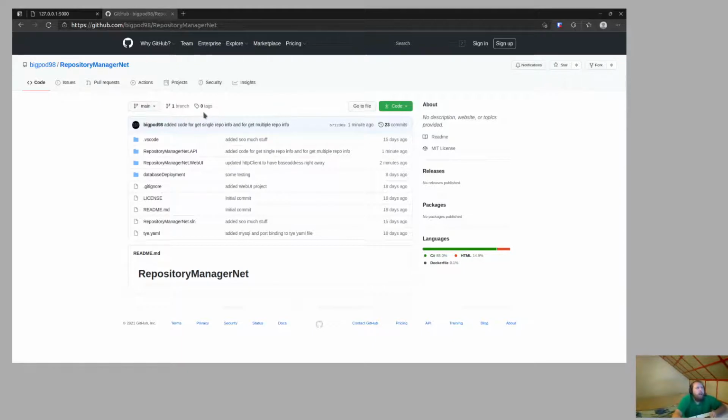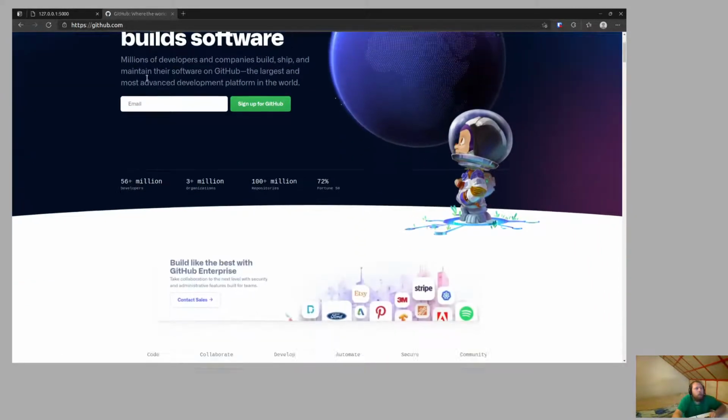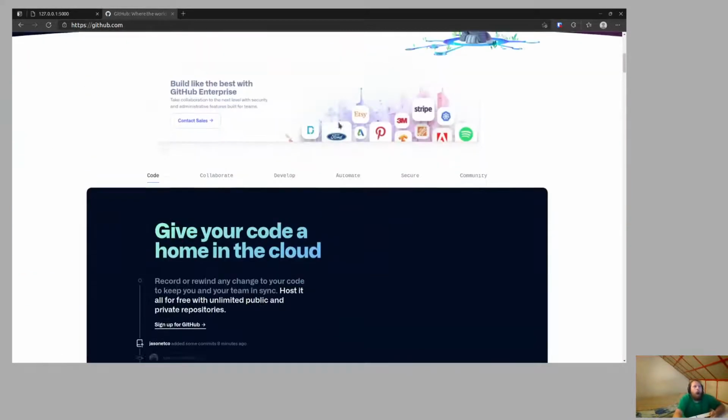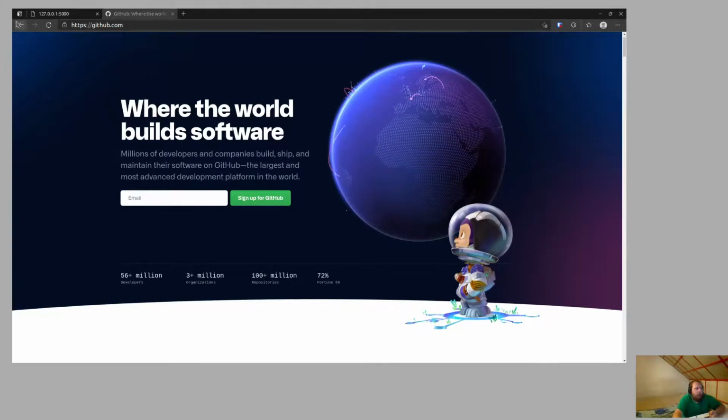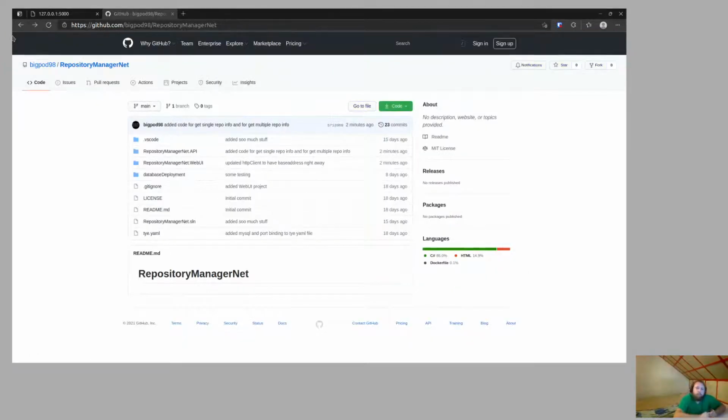And why the hell is GitHub in light mode? It should be the dark mode. Er, GitHub, why do you have light mode? Why? Well,